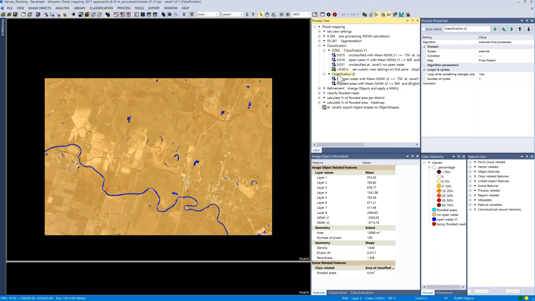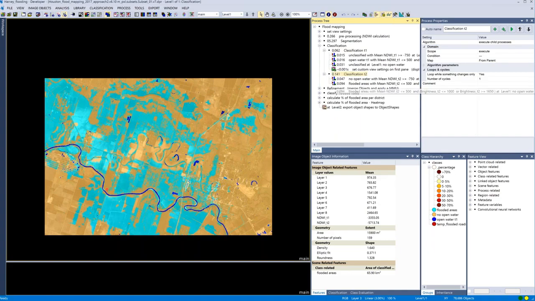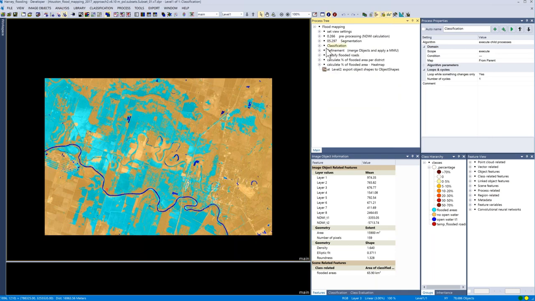If I now execute the same for time step 2, we see these bright blue areas pop up. These are actually the flooded areas. I call the class flooded areas. And now we have a classification for time step 1, the water areas, and time step 2, which then is the additional area that's covered by water, which are classified as flooded areas. And now we almost reach our first product, which is the flooded area and extent.